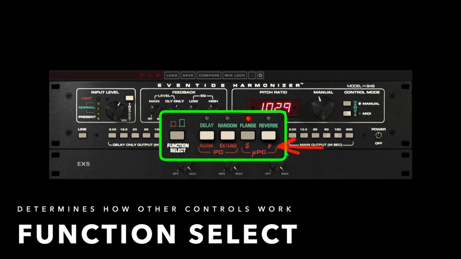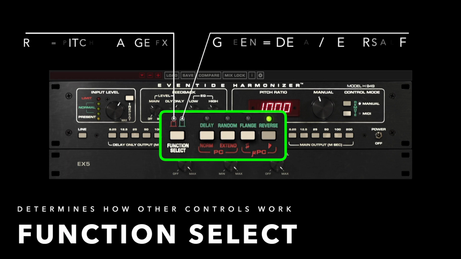When pressed in, the 4 switches function as labeled in red below each switch. When the function button is out, the switches function as labeled in green above the switches. LEDs indicate which switch is selected and show which function is active. The functions fall into 2 major groups: pitch change effects and delay reversal effects.